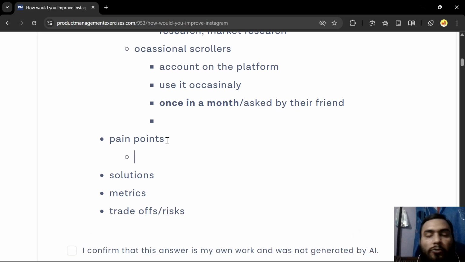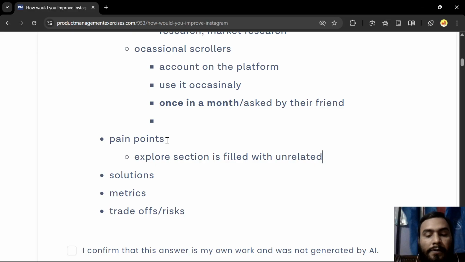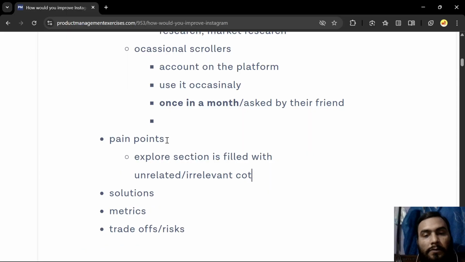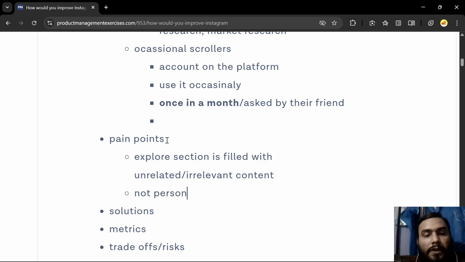Now moving to the pain point. They do want to do all these things, but they find it problematic because the explore section is filled with unrelated or irrelevant content, not personalized enough for business owners.